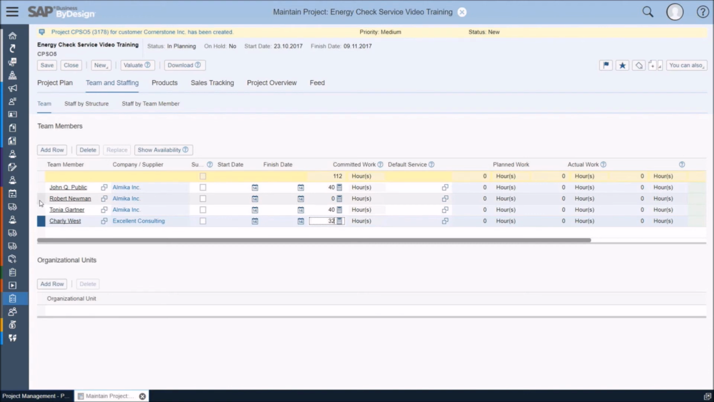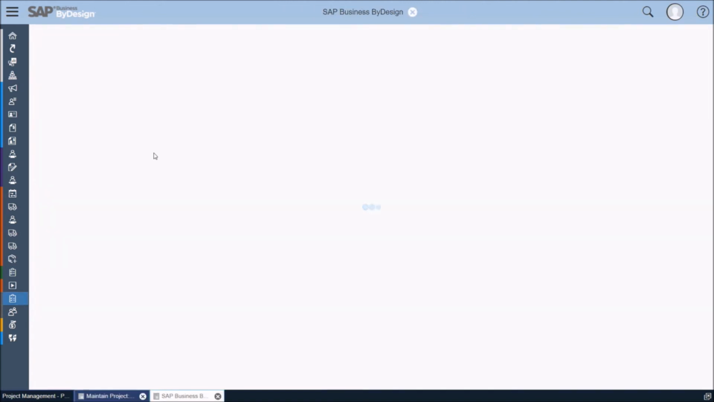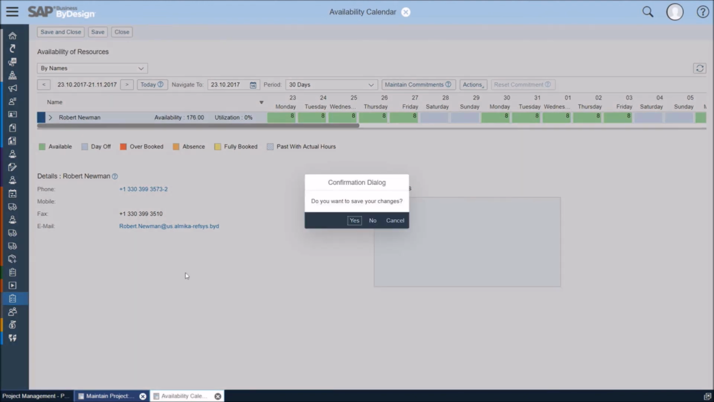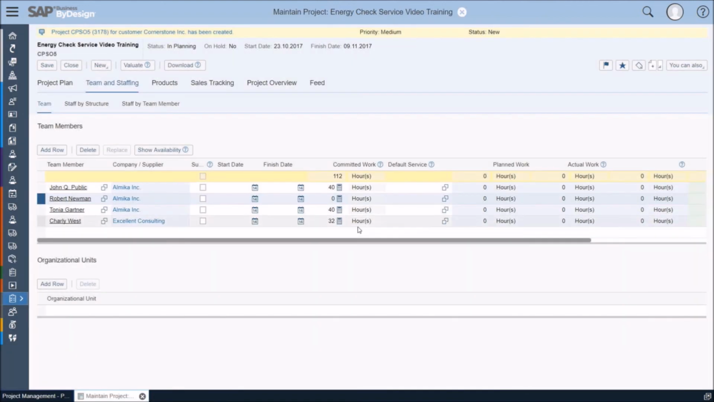Before I add the committed work for Robert, I want to confirm his availability. To do so, I click the Show Availability tab. Therefore, I select Robert and click Show Availability. This opens up Robert's availability calendar, and here I can see if he's already booked or maybe overbooked, or if he's available. And I can see he's available for the planned period, so I can close the calendar and add Robert. No, I don't want to change it. Save changes. And add Robert's planned work, which is 80 hours. After this, let me again save the project and continue with the assignment of the team members to the different